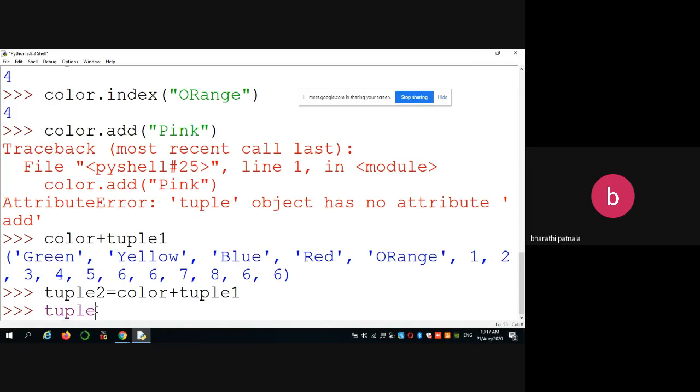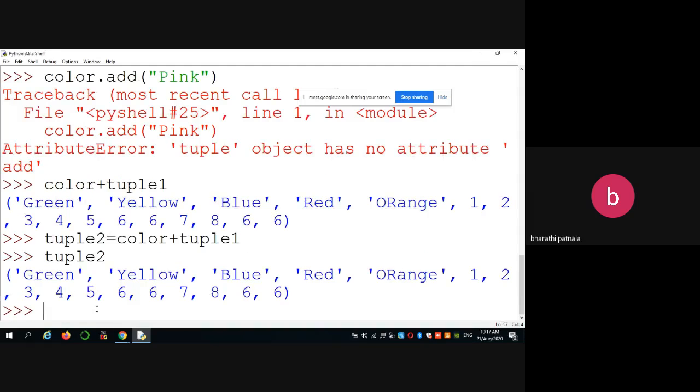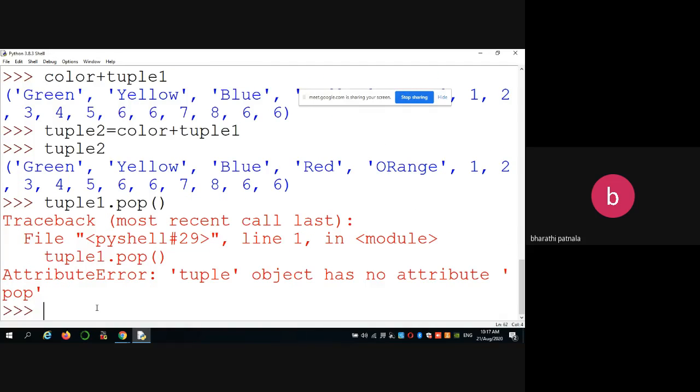So now see tuple 2, automatically it combines both tuples. Similarly, you can't remove the contents either. So tuple 1 dot pop also throws an error because tuples are immutable. We can't add or remove any content.